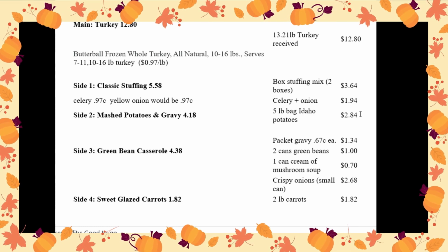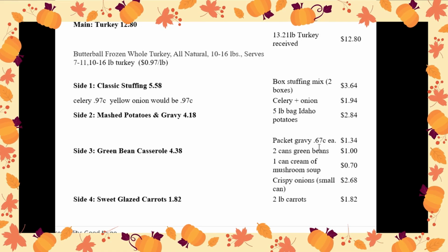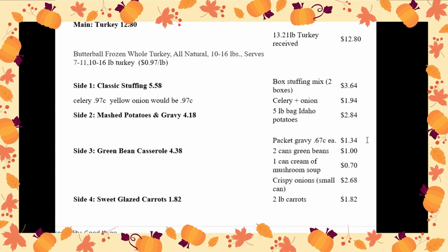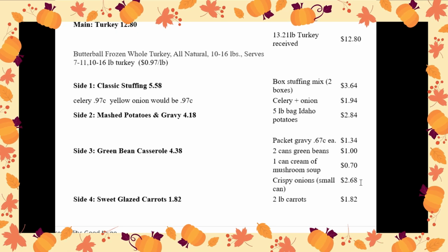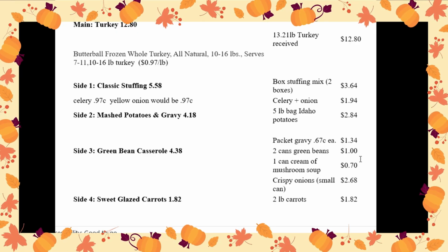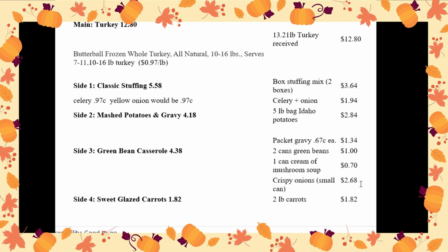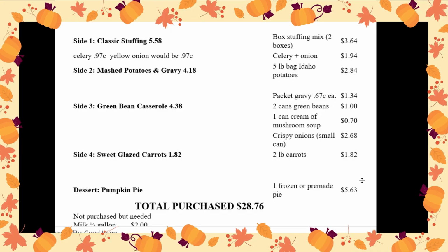I got a 5-pound bag of Idaho potatoes for $2.84. I got 2 packages of gravy. You just add water. 67 cents each for $1.34. 2 cans of green beans, a can of cream of mushroom soup, and crispy onions. Beans were $1, soup 70 cents, onions $2.68, a 2-pound bag of carrots for $1.82, and a frozen pumpkin pie,